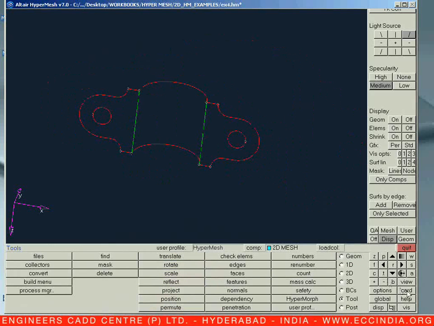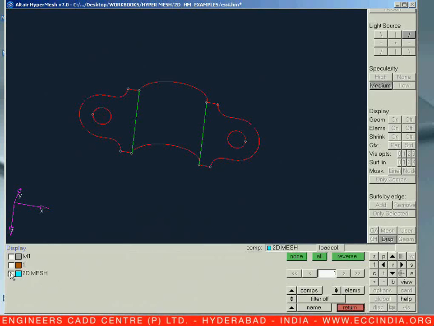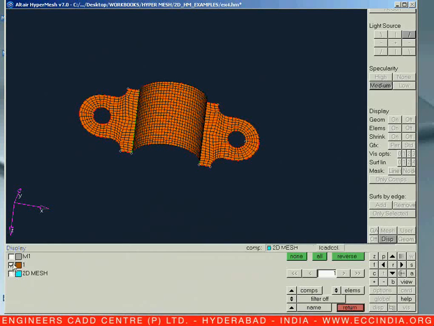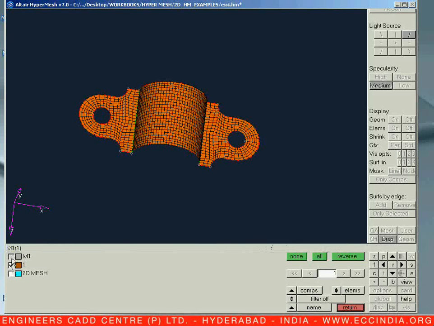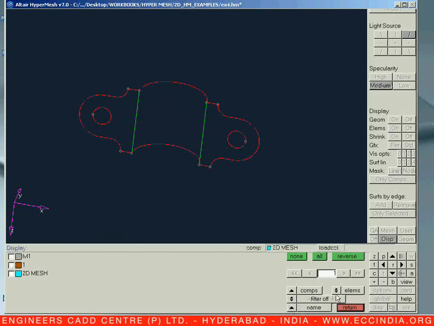Now let us say display none, this is on, this is also on, this is also on. These two are not needed, first and second. Okay, then in the geometry let us keep it off.